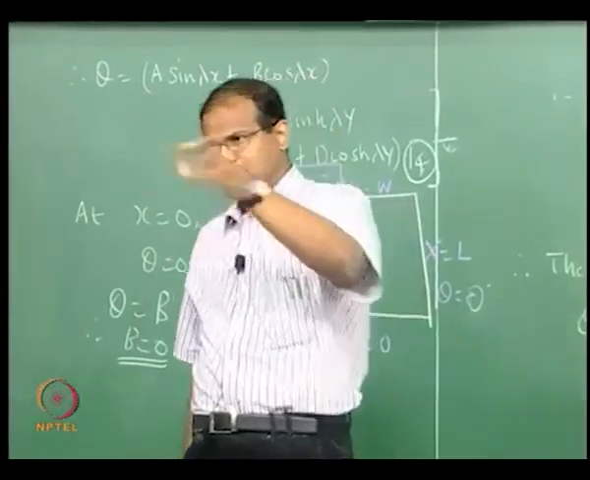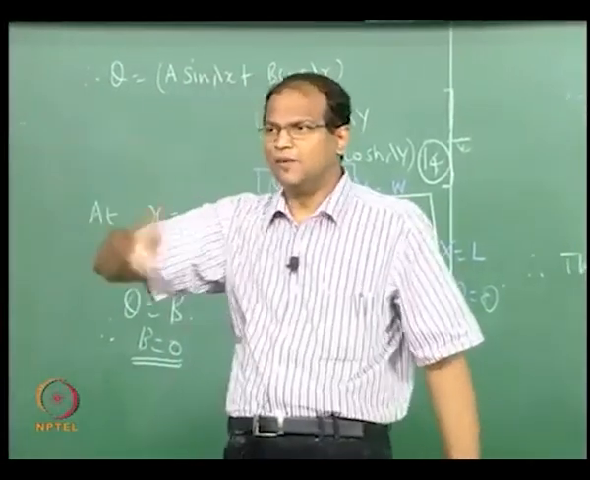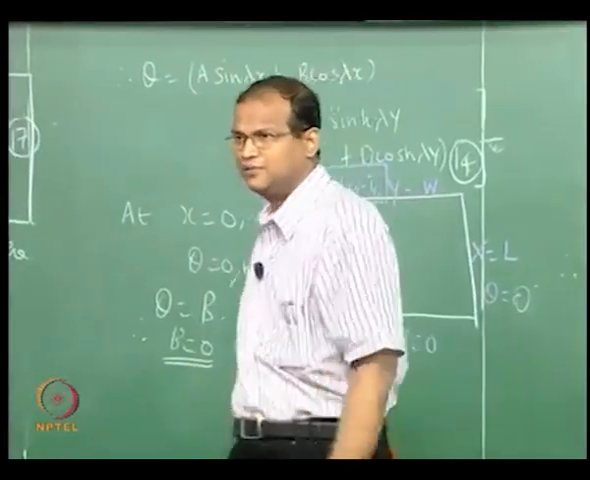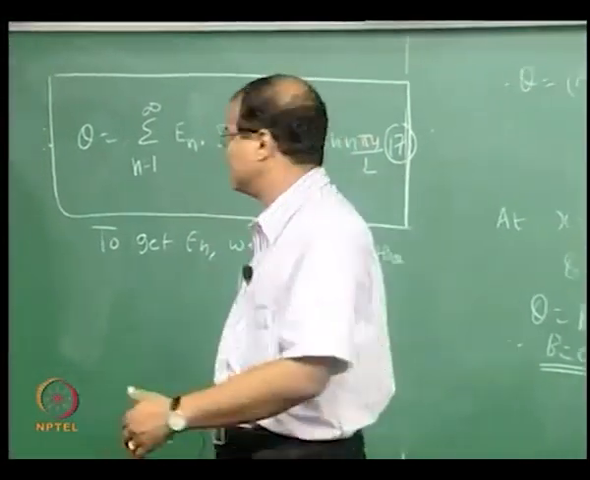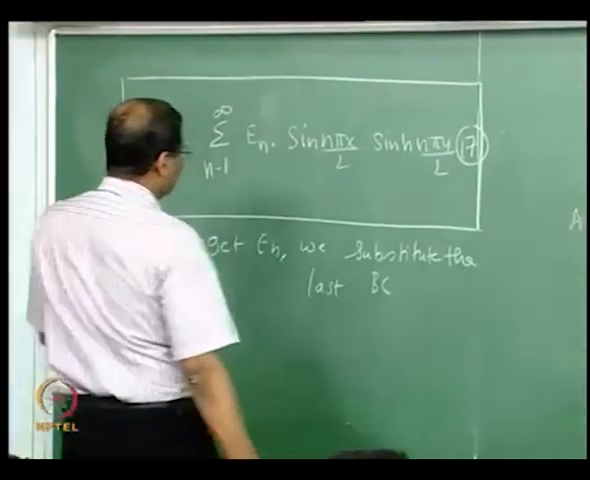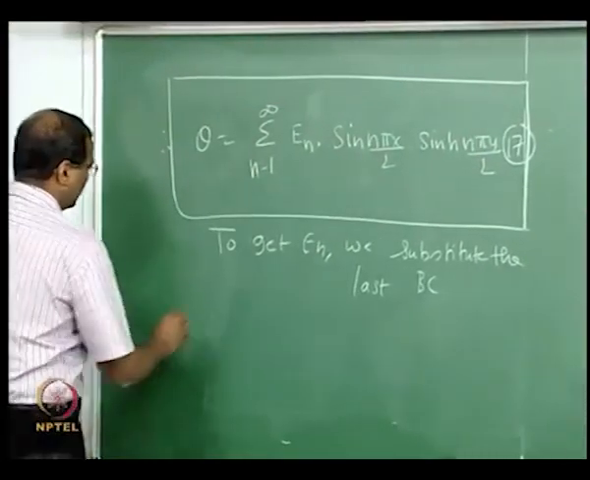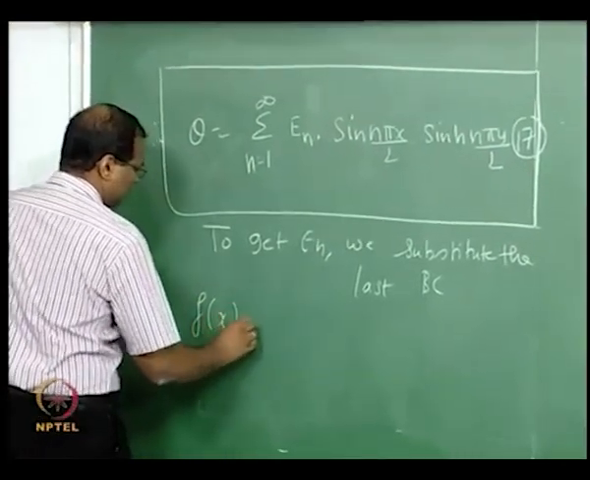If it is non-uniform and exponentially decaying, then we are in trouble. It should be symmetric about the center. That is understood; that is coming from the physics. Now we substitute the last boundary condition. So f of x minus Tc